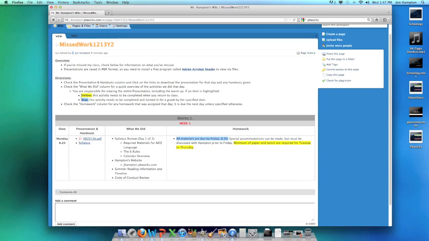And the color code, if it's yellow, it means it needs to be completed when you return to class, and blue means you handed it in for a grade. And usually I tell you a specified date. So let me just give you an example. On the first day of school,